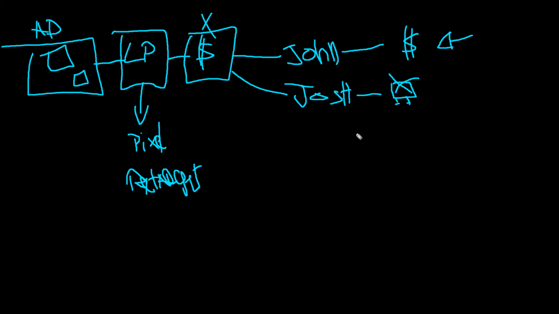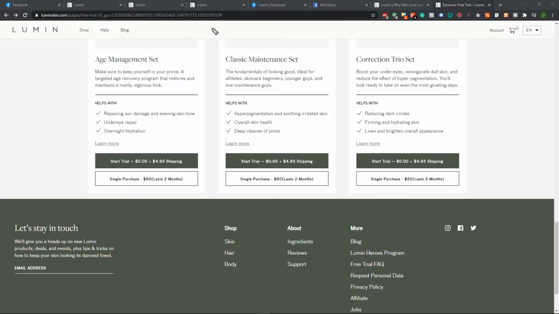So on the back end through Facebook, what I can do is segment out John in future ads and put Josh back into the retargeting. How do I know that Josh visited my site and didn't purchase? Well, through the pixel and also through the steps that he fulfilled. We did know that he went through the landing page, that's for sure. We do know he went to the final page, but he didn't convert. So if I do this correctly and I segment out people that did not convert to get retargeted, then that's how you fulfill this process. So if you guys see the campaign here, and let me clear my screen here,